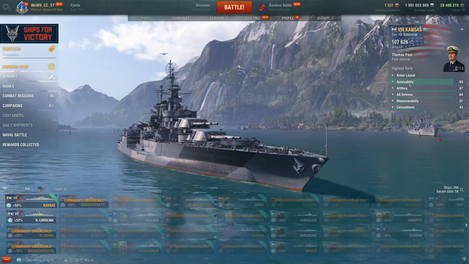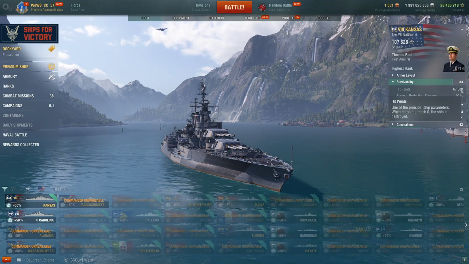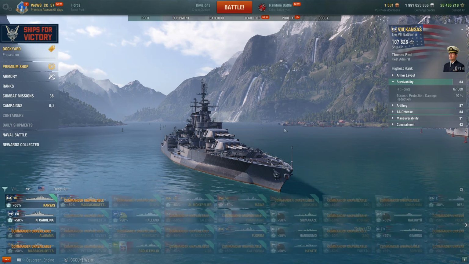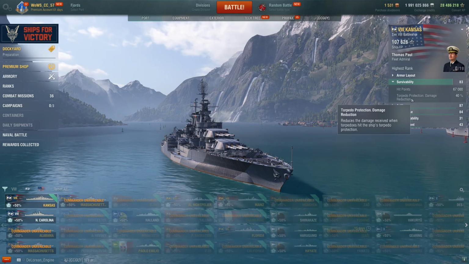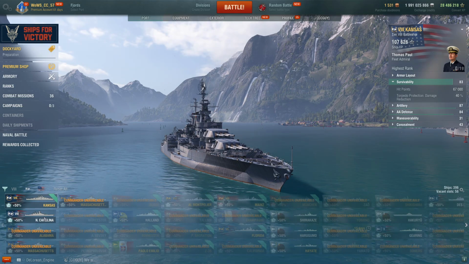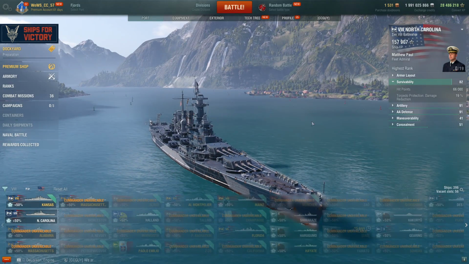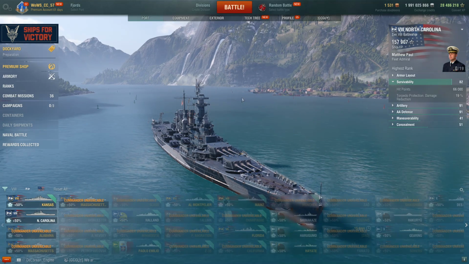Health-wise though, survivability-wise, the Kansas has 67, whereas the NC has 66. So the Kansas wins with 1000 health. The Kansas also has a significant torpedo belt that reduces incoming damage by 40%, which is much better than the North Carolina's 19%. However, saying that this means that the Kansas is tankier is quite misleading, because something else needs to be highlighted,